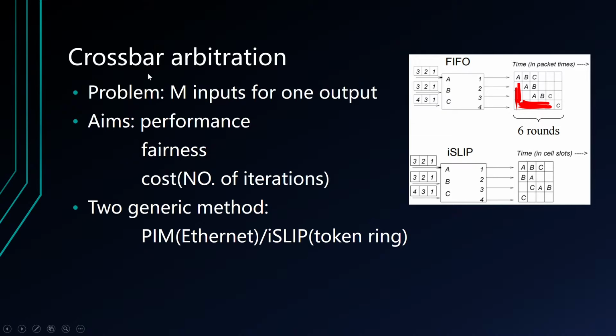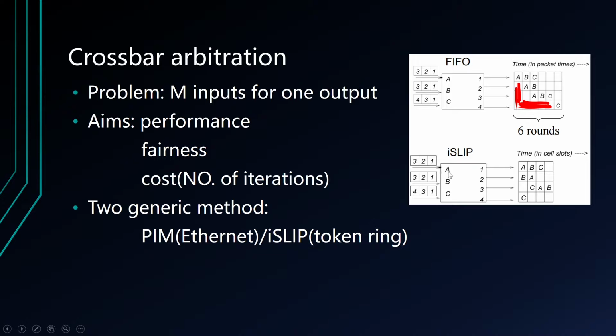About another method, arbitrating: they can try to deal with the problem of multiple inputs for one output. And in addition, we should check the performance, fairness, and the cost. So there are two generic methods, PIM and iSLIP. iSLIP is more convenient than FIFO, because each time slot or round they can connect